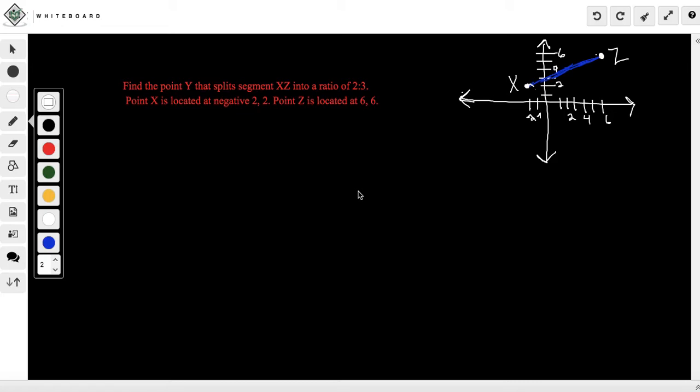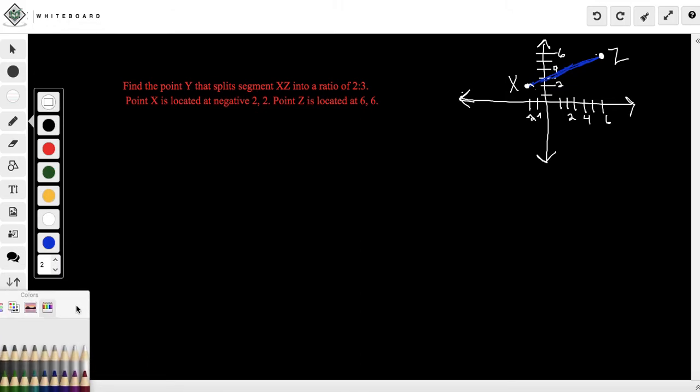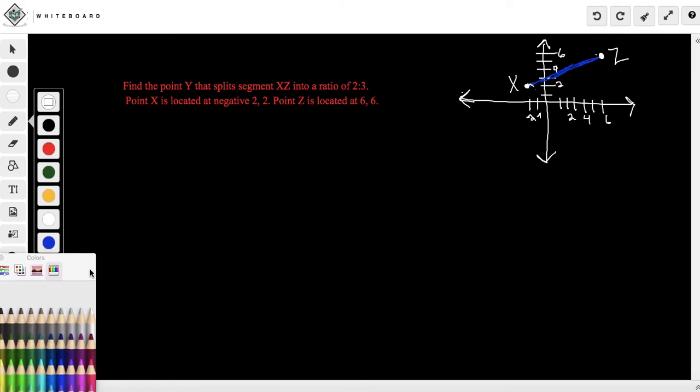Okay, this is our most fun formula that we have for this whole module 2. It's the most exciting one. It is partitioning a line segment, or splitting the difference. You can call it either one, it will work. So we're going to talk about splitting the difference, and I have a little sample problem up here and